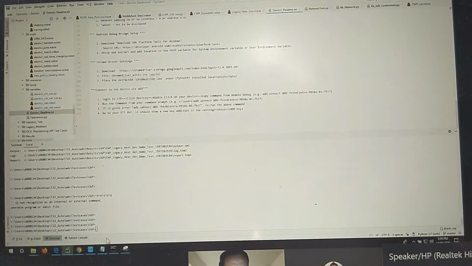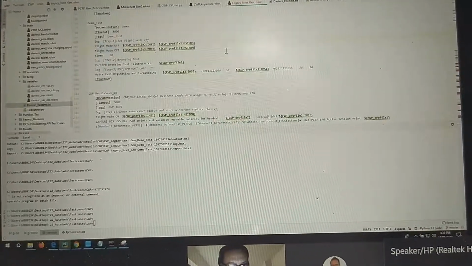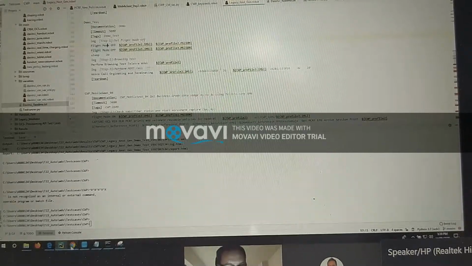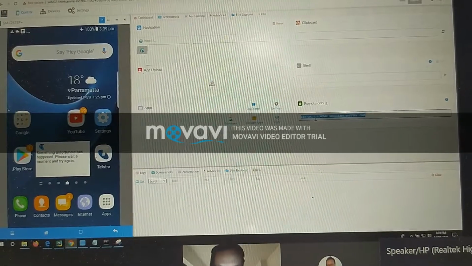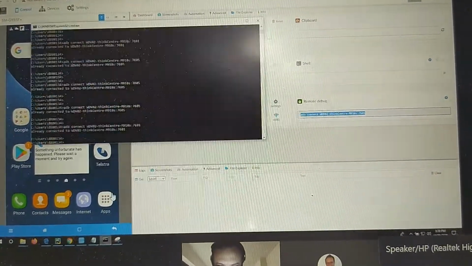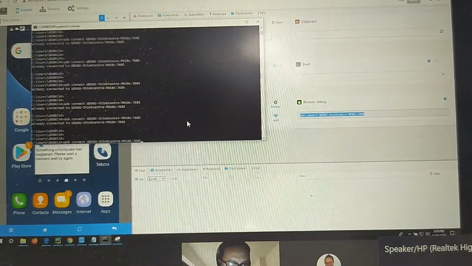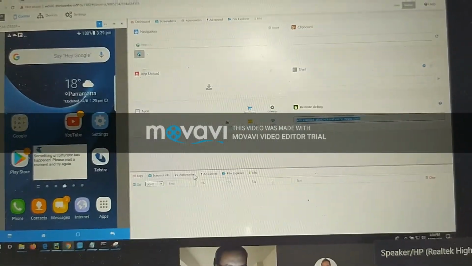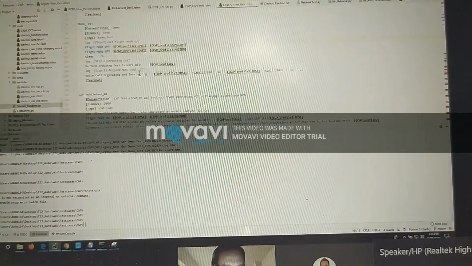To run any command or to execute any test, first of all, we have to connect to the device. We will connect to the device using ADB. This is the command that we will run through the script actually. Once we run this command, I'm just showing it as you may know it already. We are going to run it like this through the script. Once we are connected, only then will we be able to execute the test.